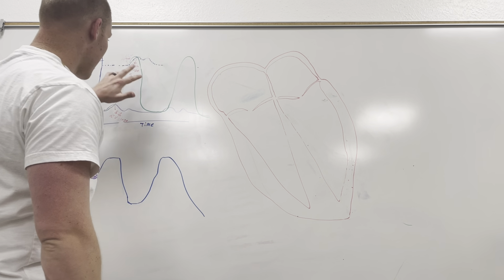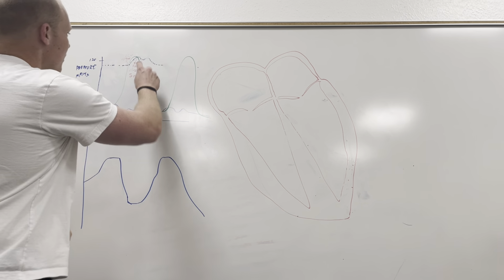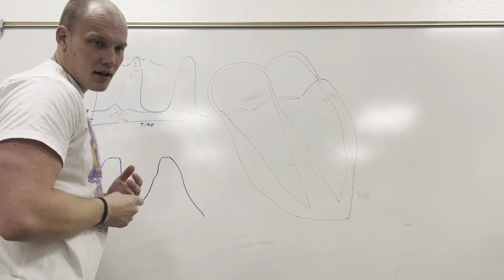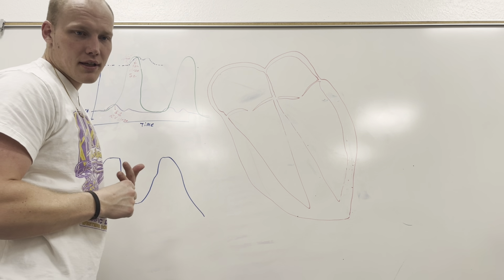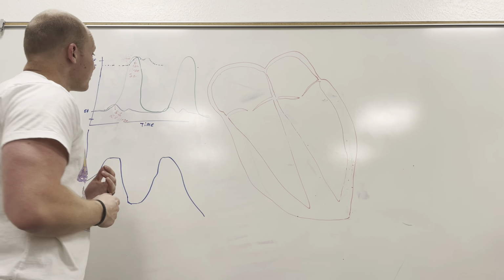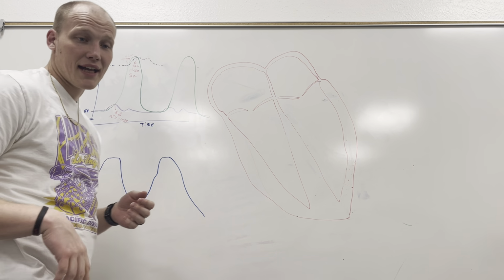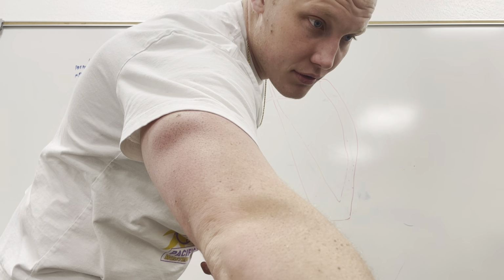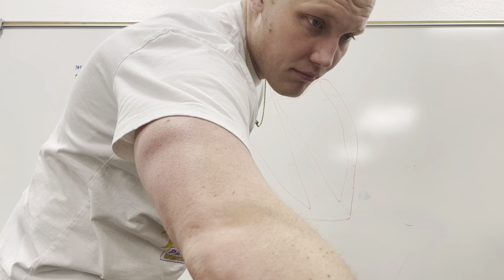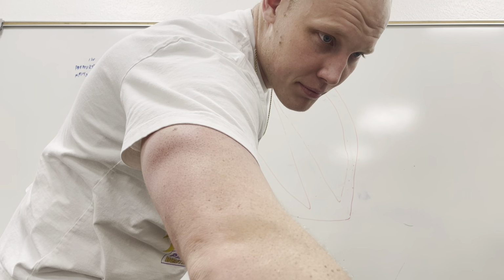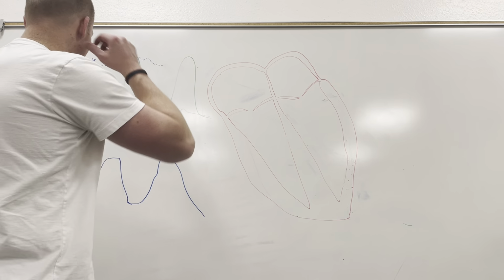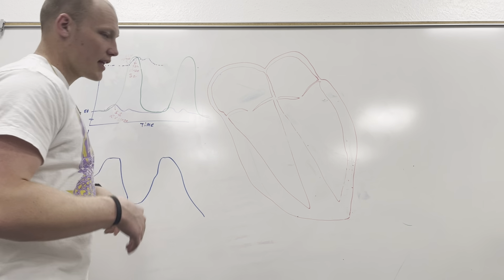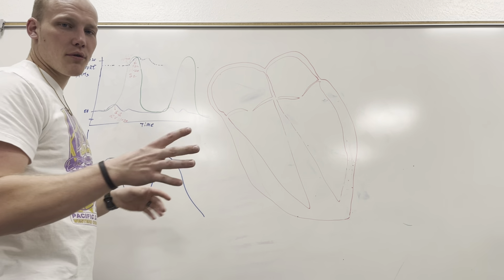And that is that. And right here, this little dip, this is the, it's called the, I just had it. Dicrotic notch. So pretty much what that is, the pressure in the aorta as the blood is flowing through,